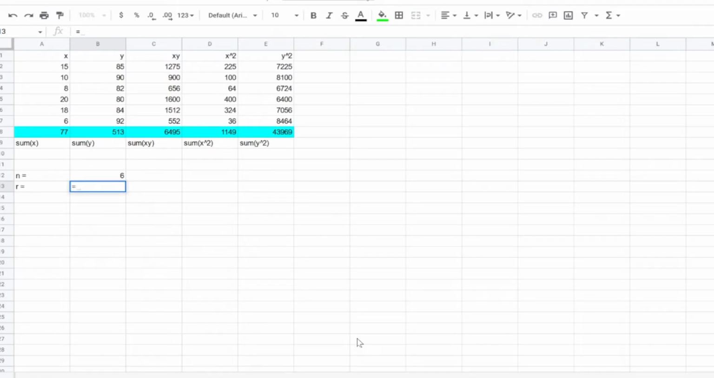So the formula here, okay, parenthesis. This could be tough. Okay, this is n times the sum of all the xy's. That's this one. And then minus the sum of all the x's times the sum of all the y's. Parenthesis, and then division. Okay, there's my numerator, and then division. We want the square root, so that's sqrt parenthesis. So the square root of,